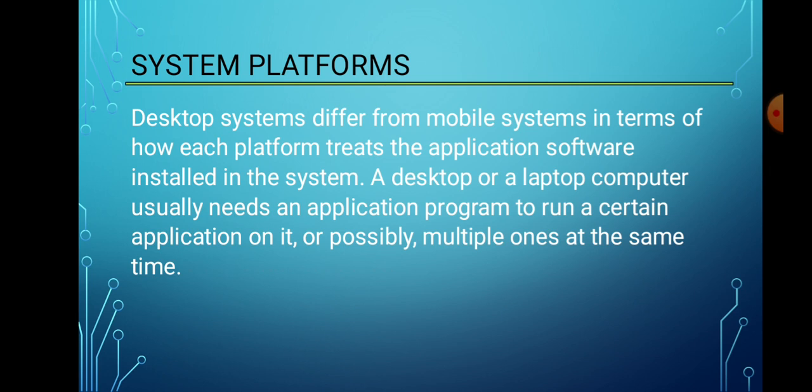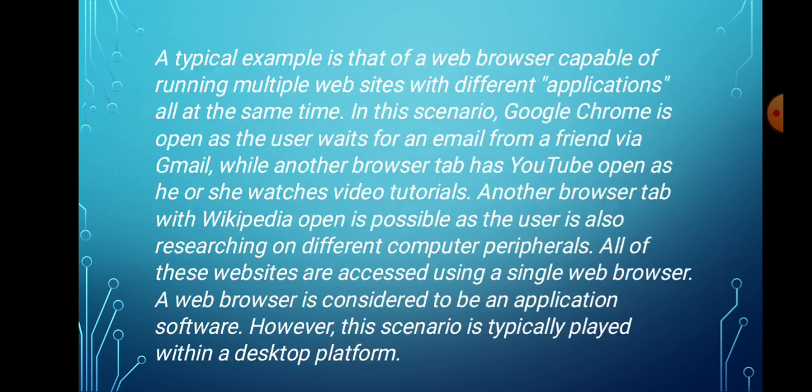A desktop or a laptop computer usually needs an application program to run a certain application on it, or possibly multiple ones at the same time. A typical example is a web browser capable of running multiple websites with different applications all at the same time. In this scenario, Google Chrome is open as the user waits for an email from a friend via Gmail,